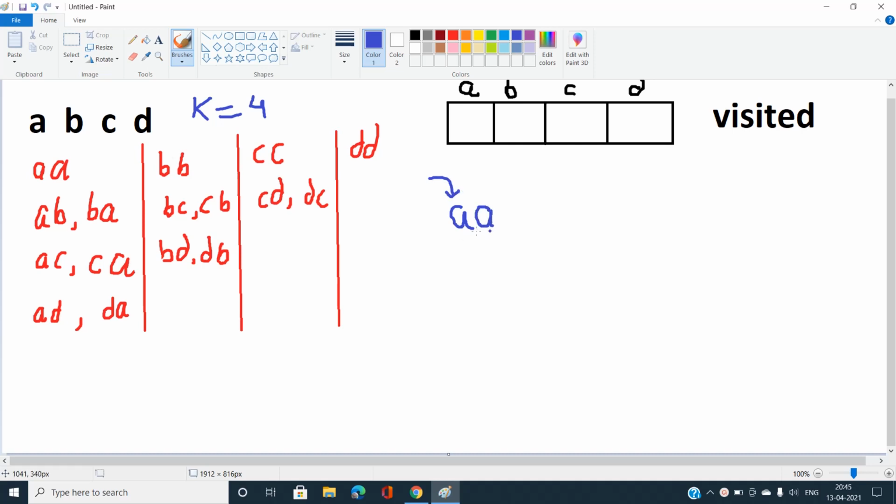Still we have distinct pairs. Now I proceed to the next pair, AB, and the last pushed character is B. I have a visited array; I've already visited A, so I mark it as true. The last visited character is B, and it is still not visited, so I visit this character B and mark it as true.